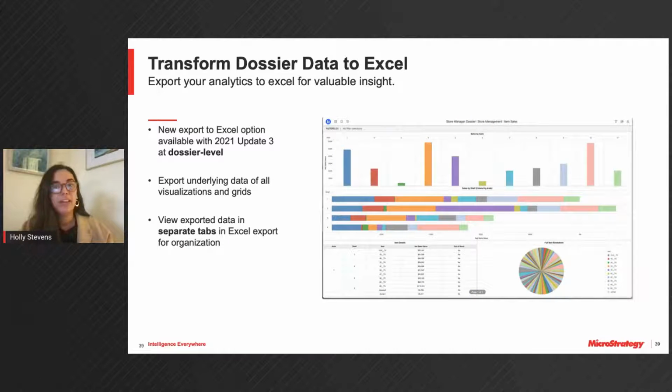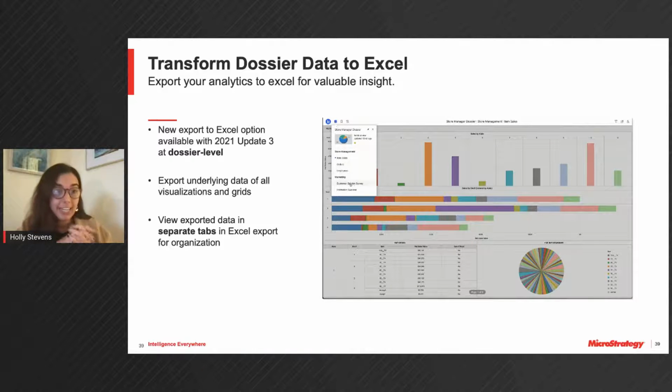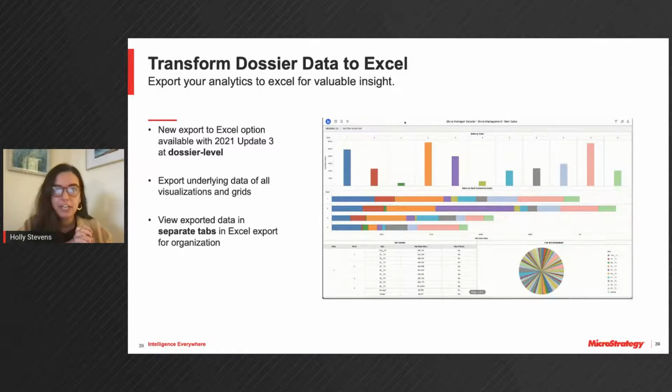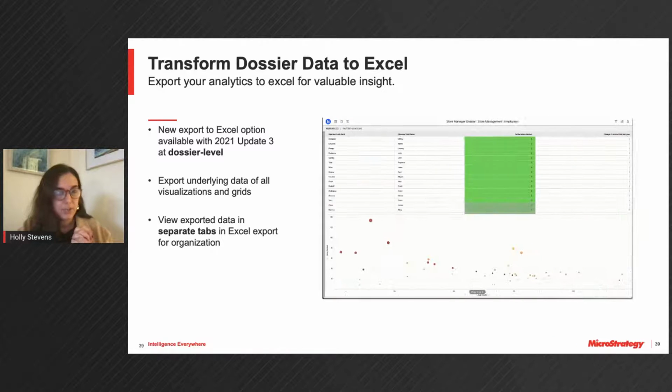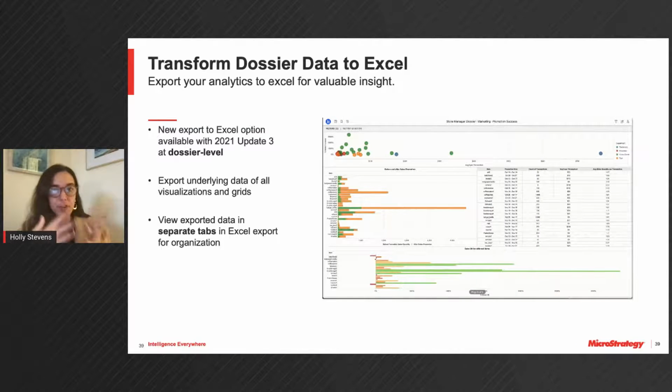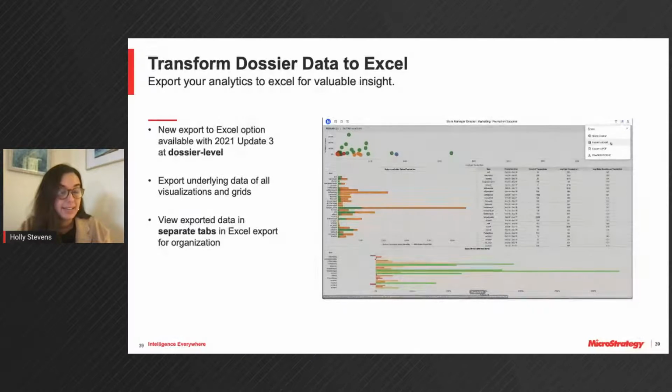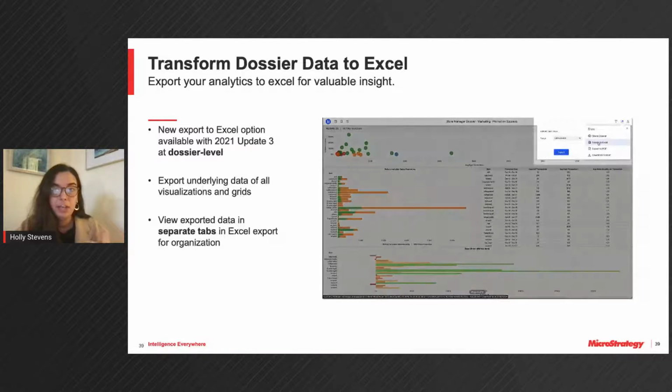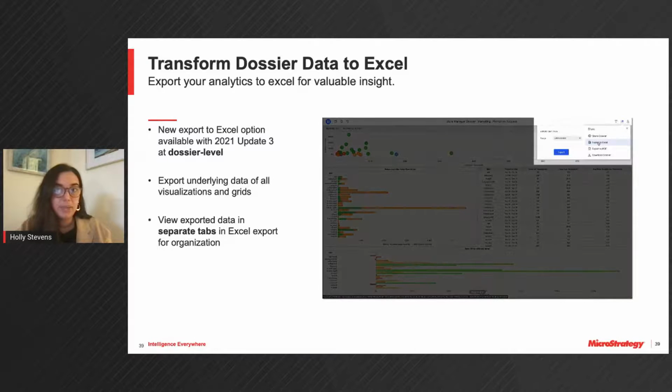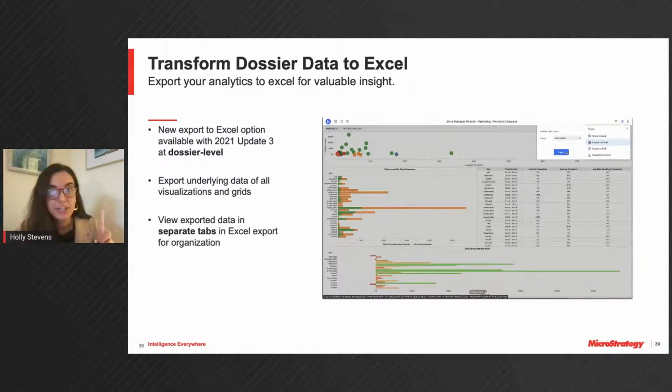All right, and one of the last features that I wanted to show you that has already been delivered and you can use today is transforming the dossier data into an Excel worksheet. So you can see here that a user's in library, maybe they're going through a few pages. Now before this release, and this was just released in the last update, you could only export grids to Excel. But now you can see here, if I go to export to Excel, I can actually change the range to